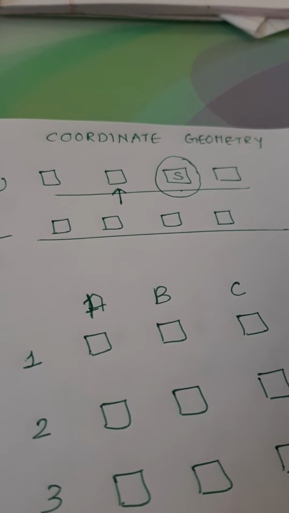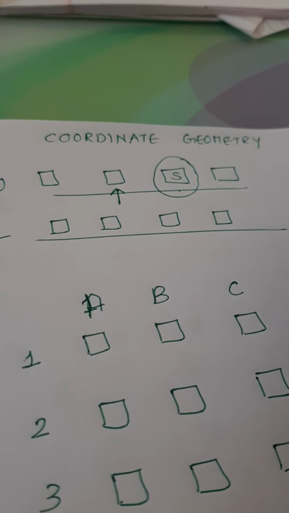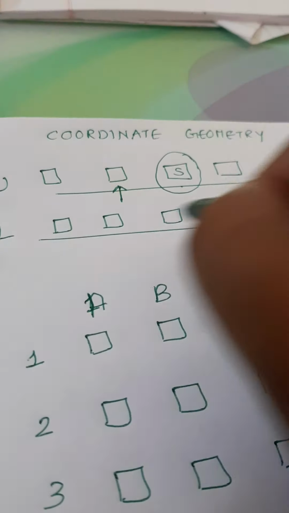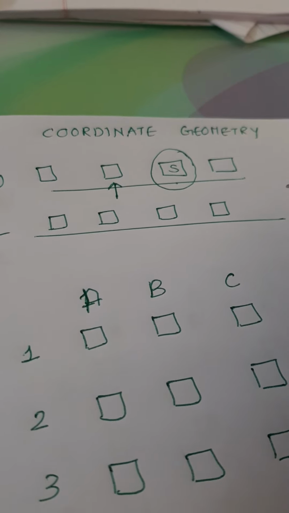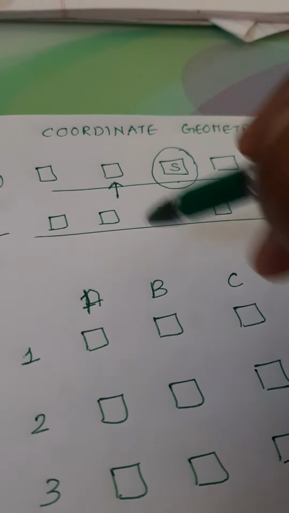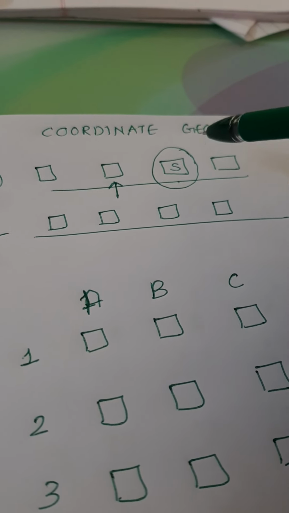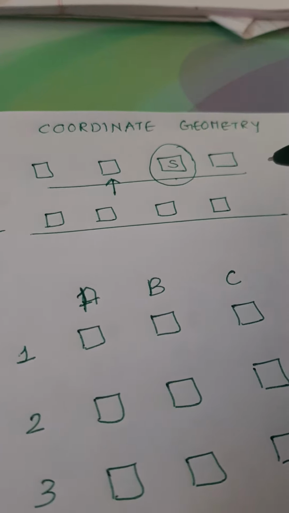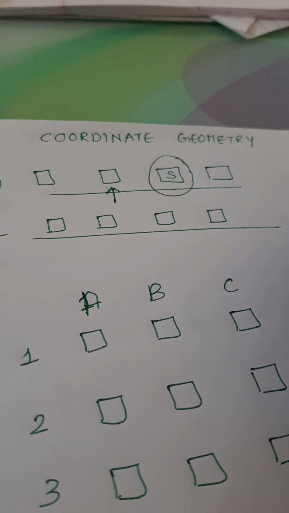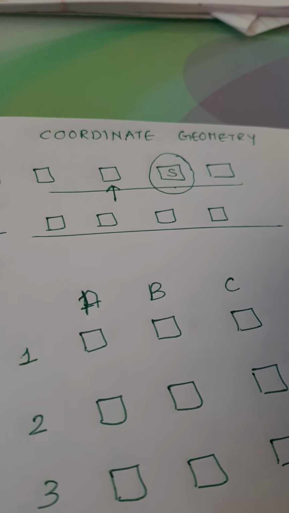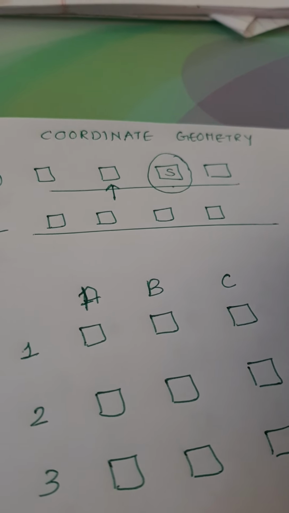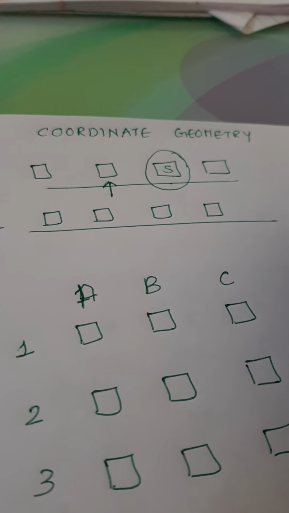So for this particular example, to find the location of a particular object, we needed two different pieces of information. One is the horizontal information, that is in which particular row the container lies, and one is the vertical information, that is in which column it lies, with reference to either left or right. So to locate a point or an object, you need two different pieces of information, horizontal information as well as vertical information, correct?